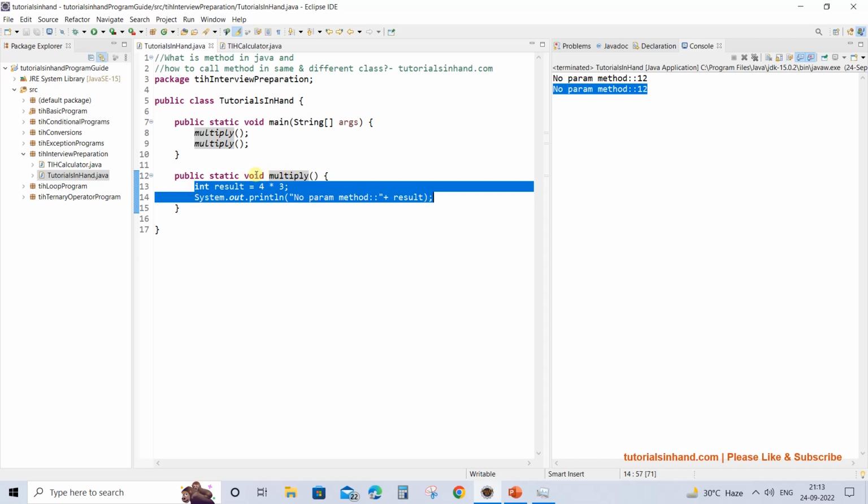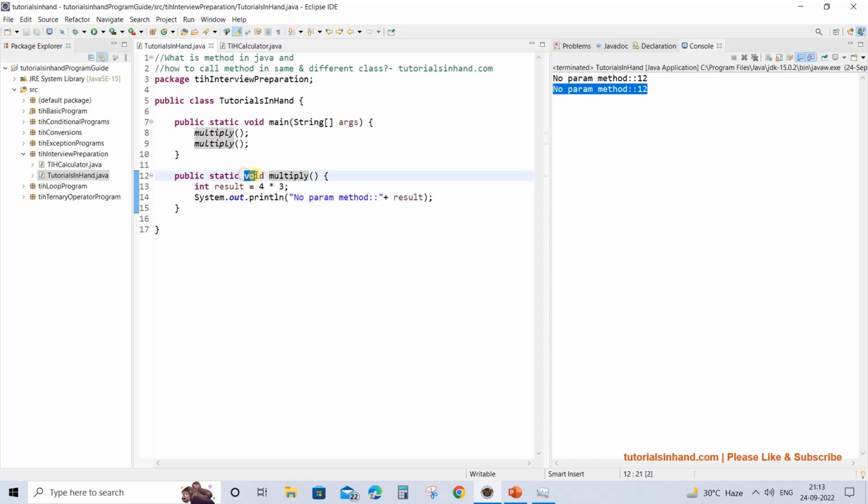And if you want to find out whether a method returns any value or not, you can easily find it from here. If the method is a void method, it indicates that it does not return any value, and if in place of void you have int, float, double or anything, then it indicates that this method should return an integer value. If it is float, then it should return a float value, and so on.